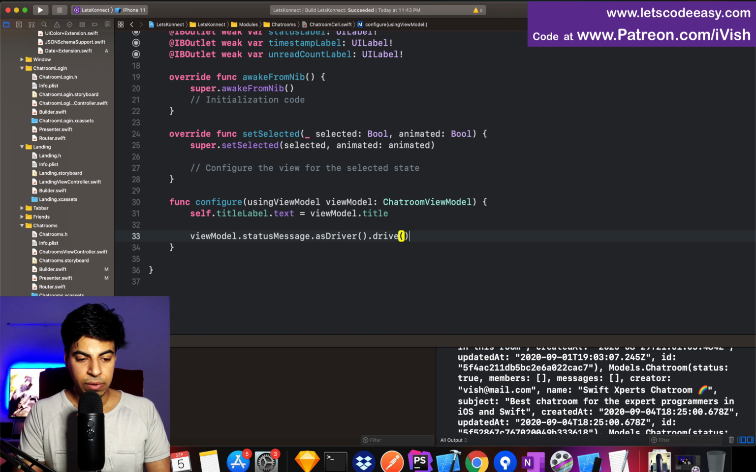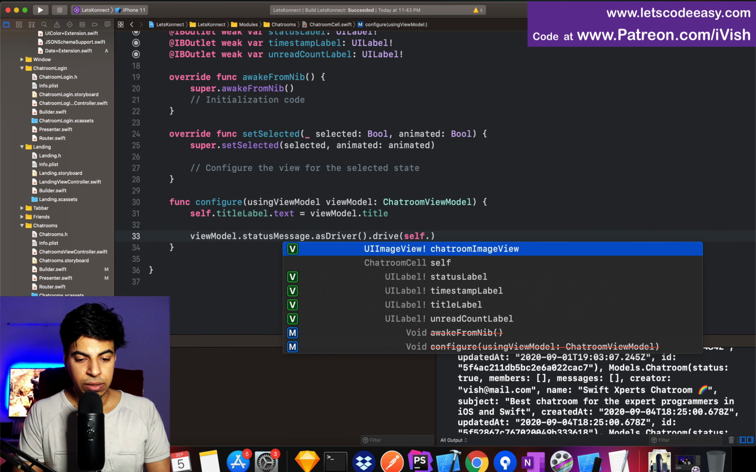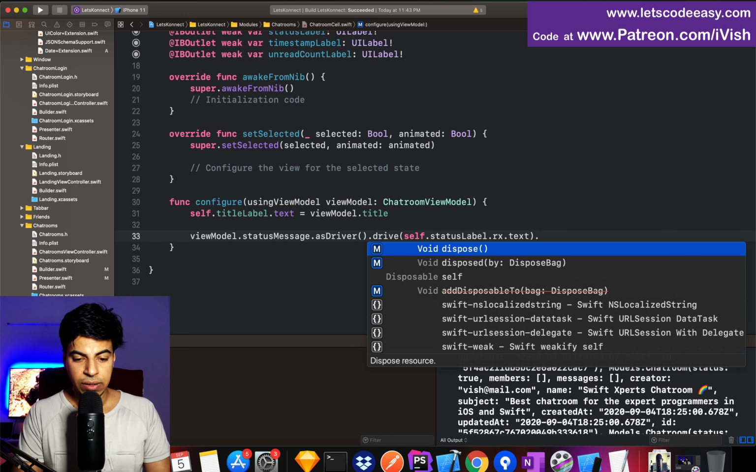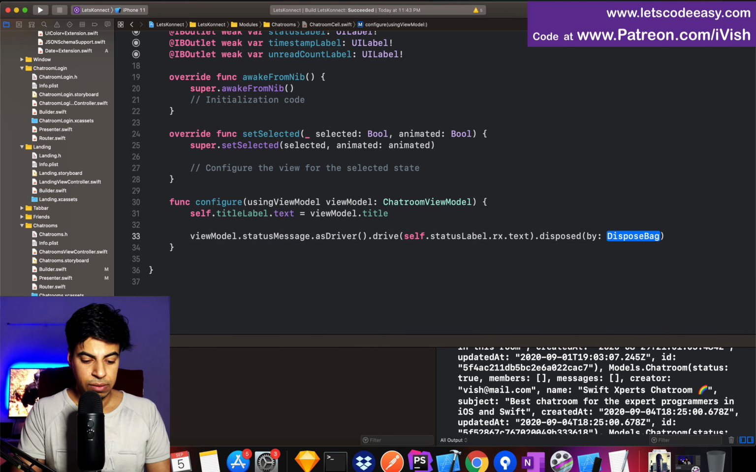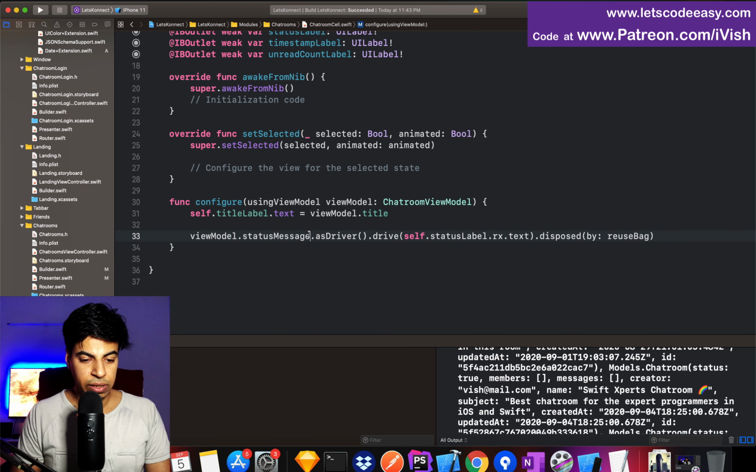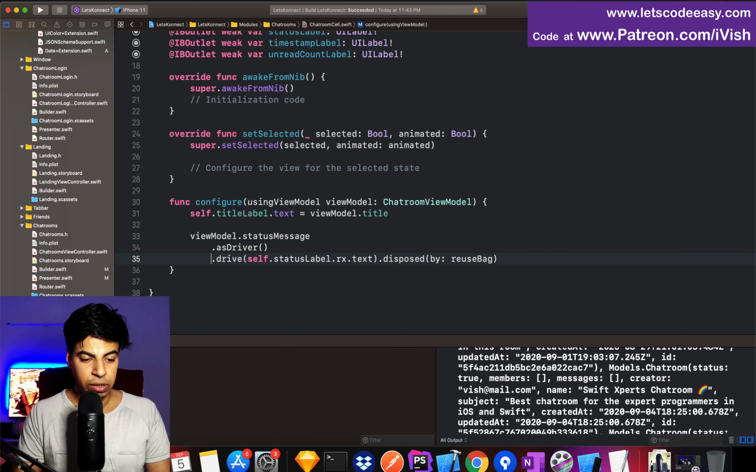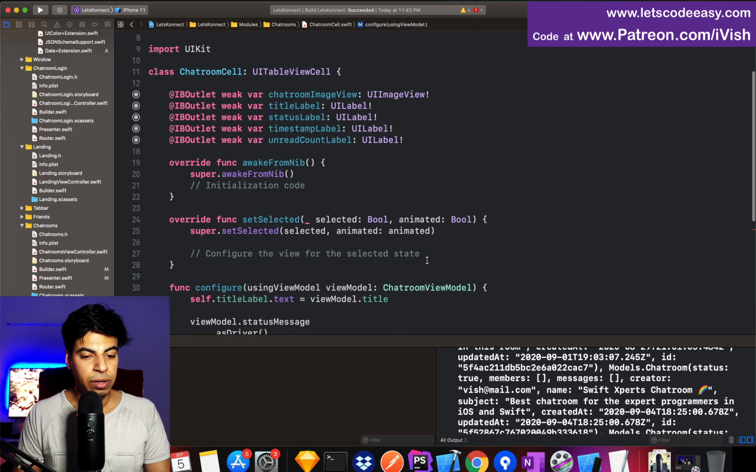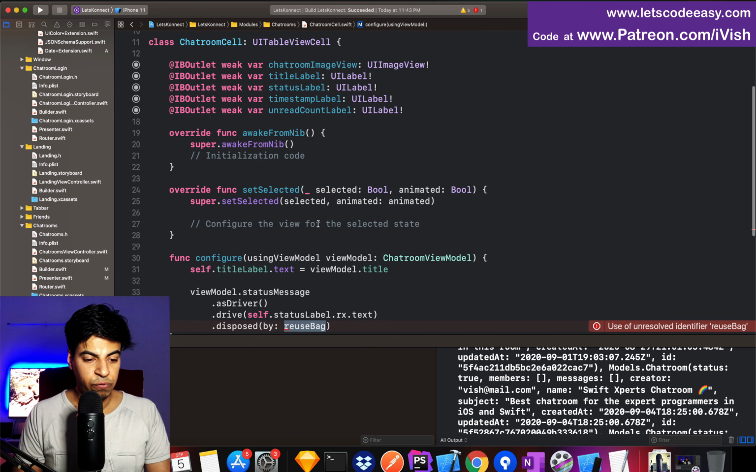dot drive, what is that, status, I'm going to use the self dot status label dot rx dot text to drive it. Dispose by bag, so it's going to be a reuse bag, not the regular bag, because reusable table, if you don't dispose it and recreate it, then it's going to retain that observable. So one of the practices that you follow in